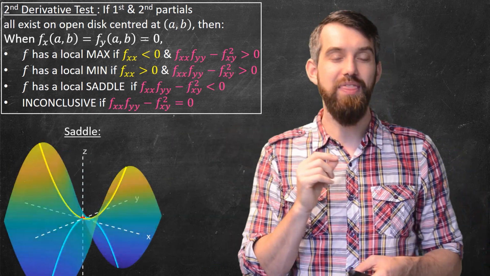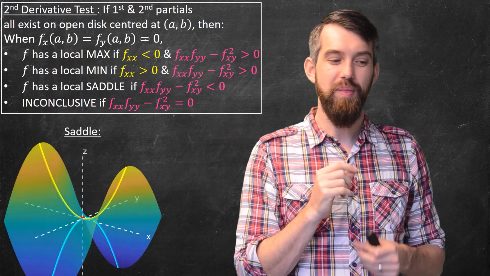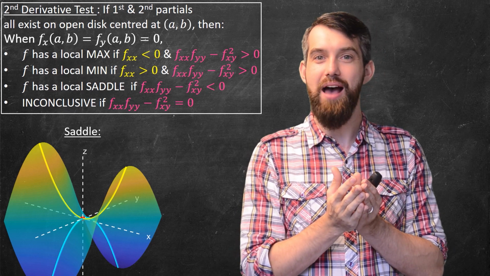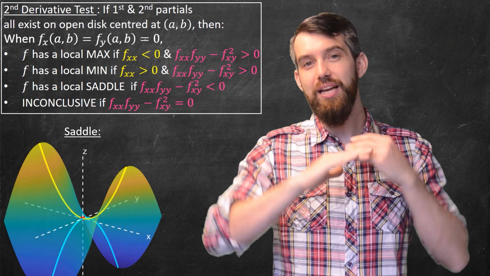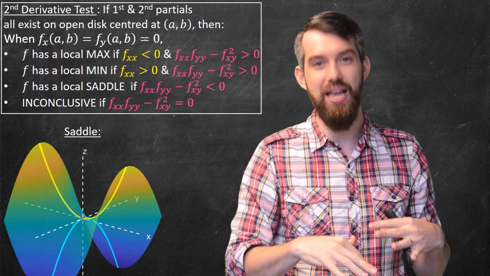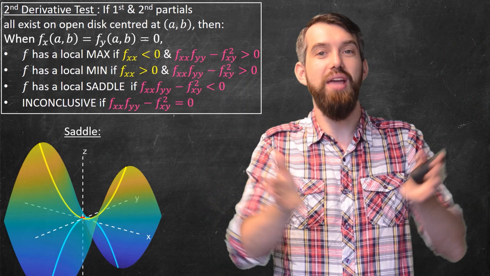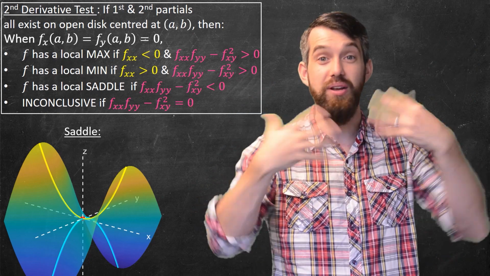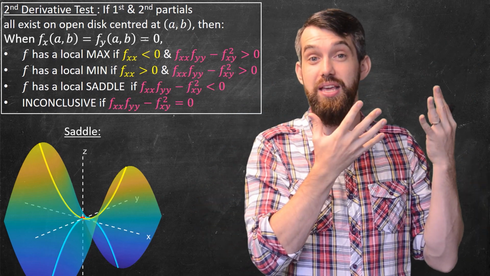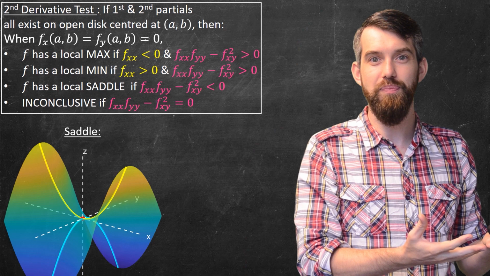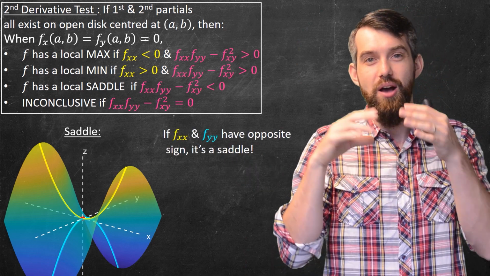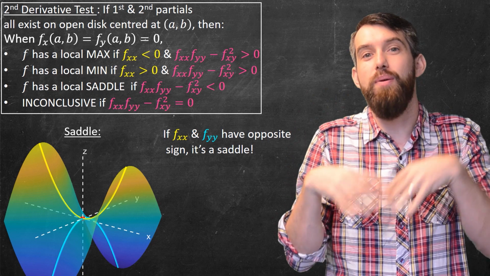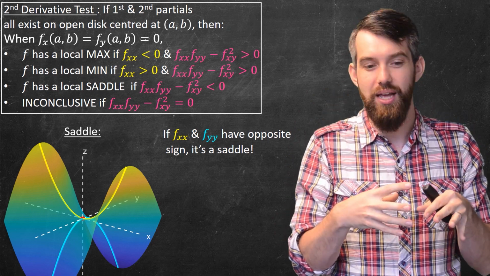Let's look now at the saddle. In the case of the saddle, my second partial with respect to x is positive, but my second partial with respect to y is negative. So this means it's concave up in one way, concave down in the other, consistent with my notion of a saddle point. And then if I look at what the product of these two things is, the partial of f with respect to x twice and the partial with respect to y twice,